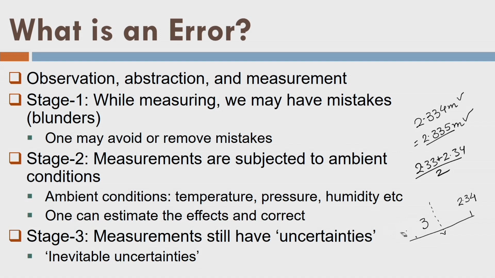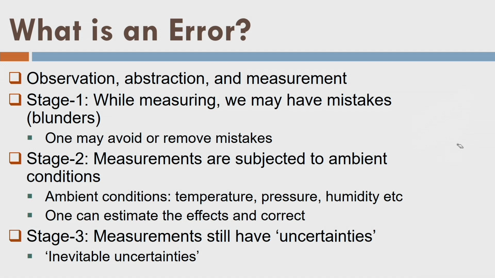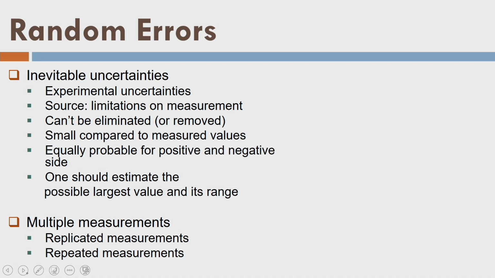Okay, so let me just remove this here. Okay, and let us go ahead. So now I know that random errors are inevitable and I will have them in measurements. So what is random error? It is an inevitable uncertainty. Okay, they are experimental. That means if I conduct some experiment, if I take some measurement, they will come into the observations. Definitely they will come.